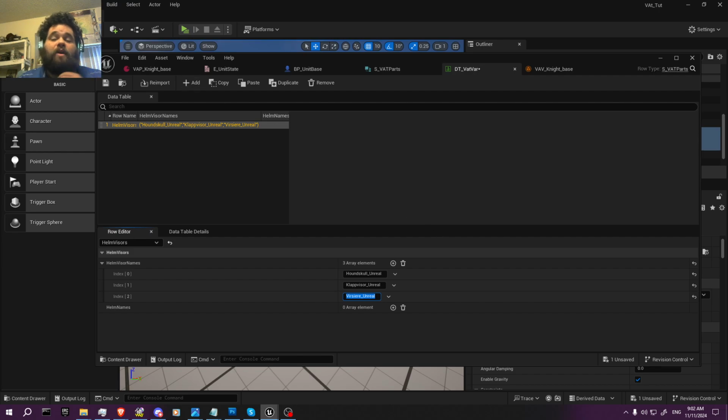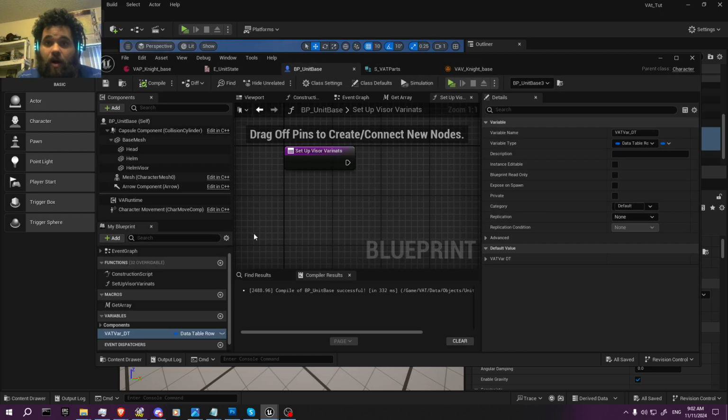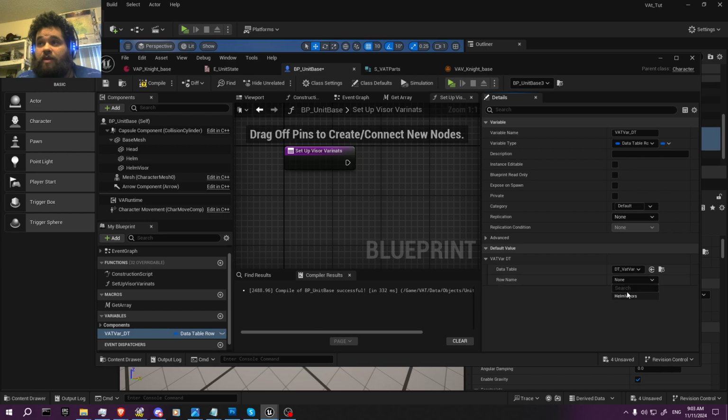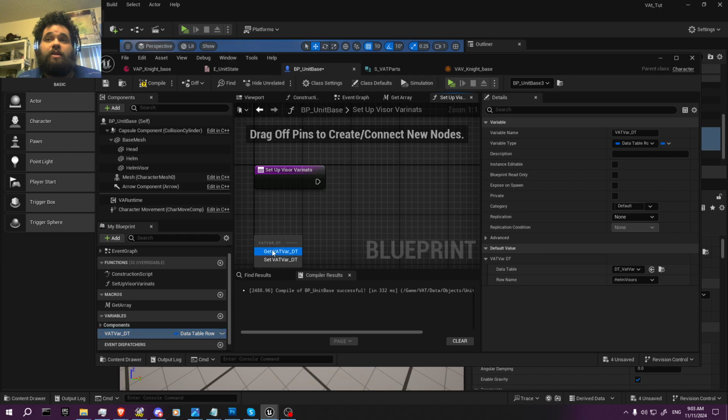So there you go. You have all those mentioned. So hit save. There we go. That's that, and now we go back to our character here, or basically the unit. We grab the table, and then we set it to the visors. Okay? And so now what you're going to do is grab this,